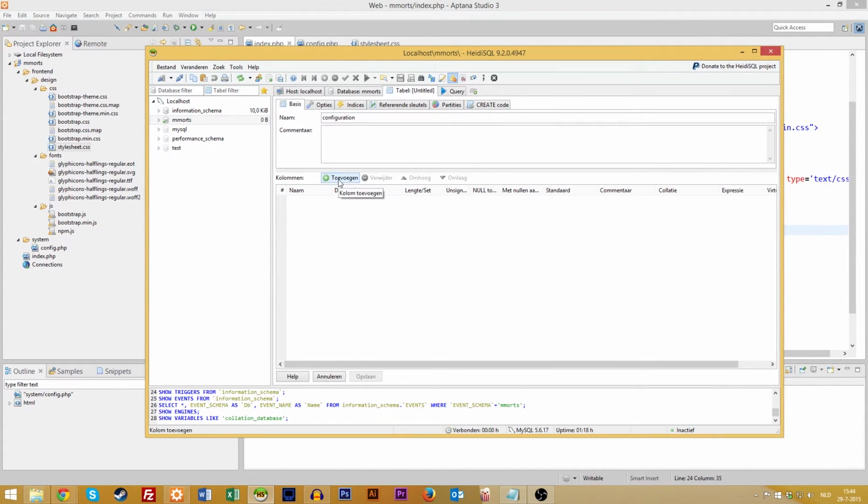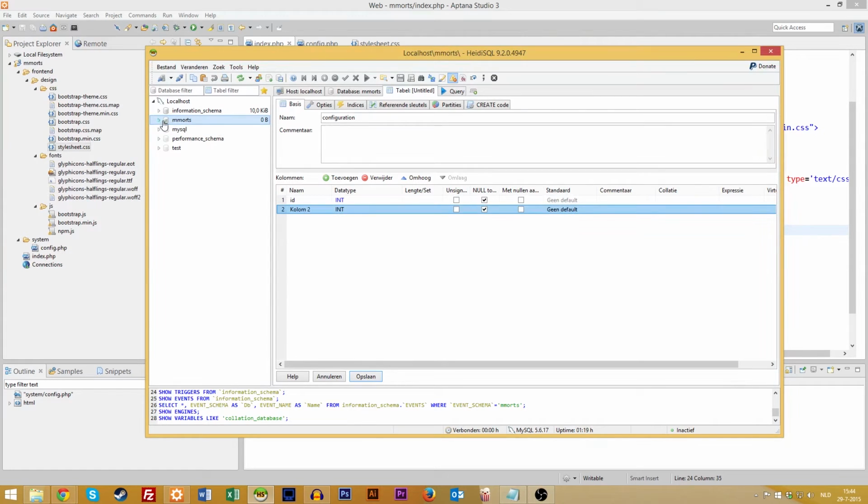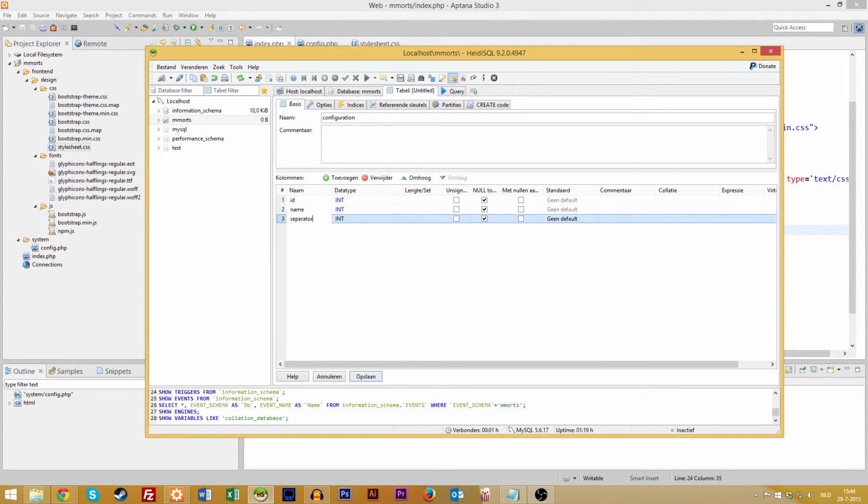and add a new row called ID, and another called, or column, sorry, these are columns. So this is a database. If you open it, under here are the tables. So we are creating a table now with the name configuration, which has the following columns: ID, name, separator, description,